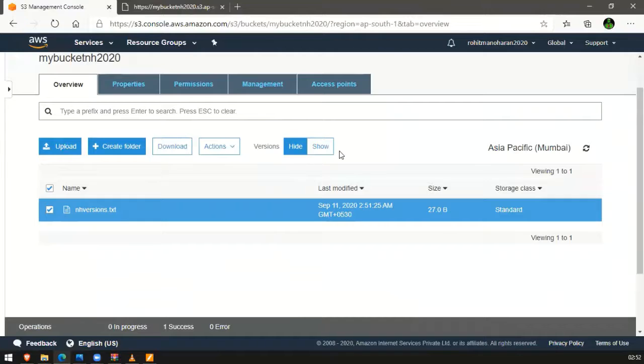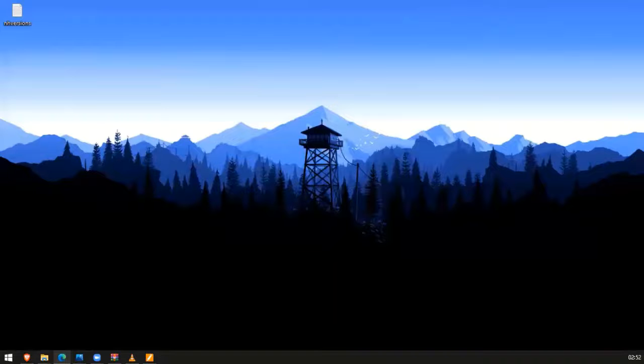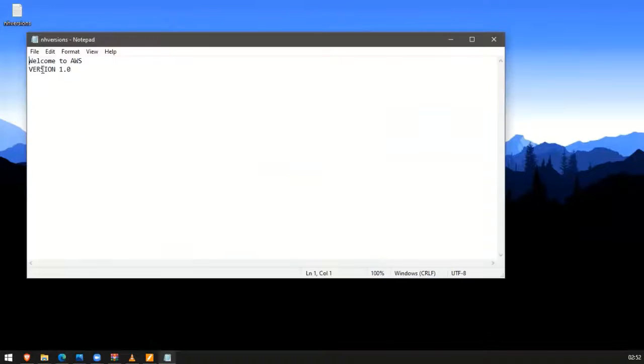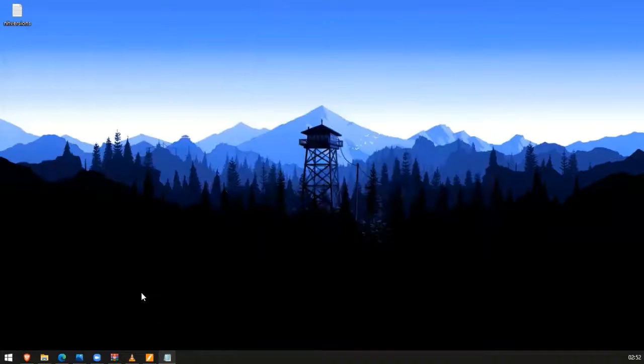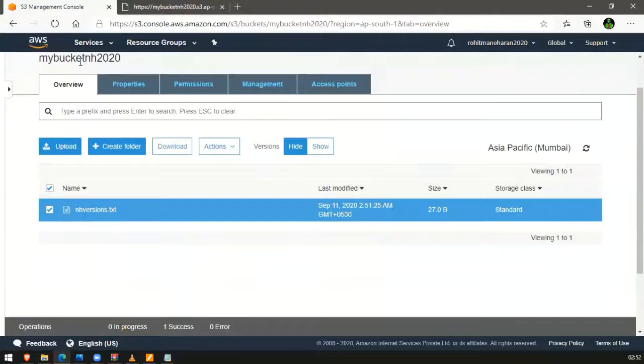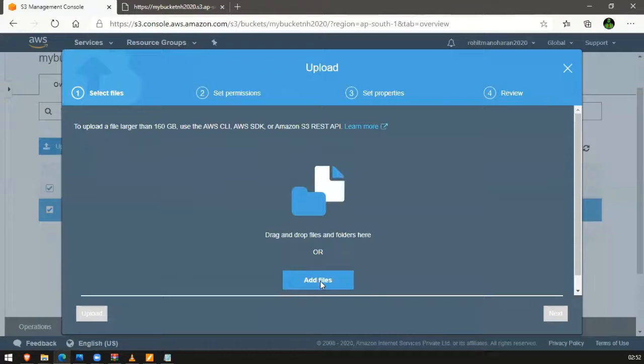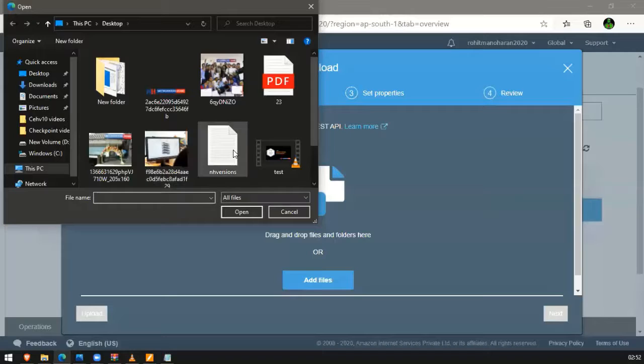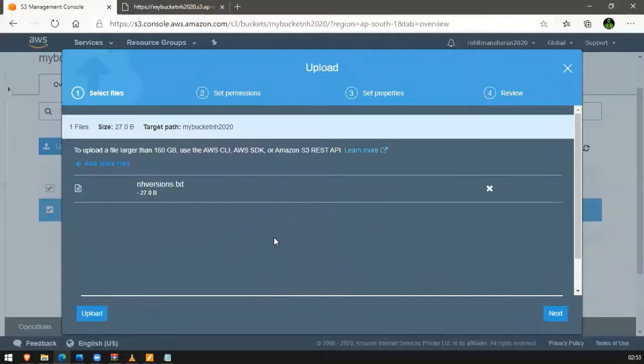As you can see, we have a new block which is versions, and there is hide and show. So let's upload a modified file which will be the same name. So let's open it and go for 2.0, which will be the second version of our file. I will save it. I will go for the bucket, wait, upload, add files, take the same file, upload it,